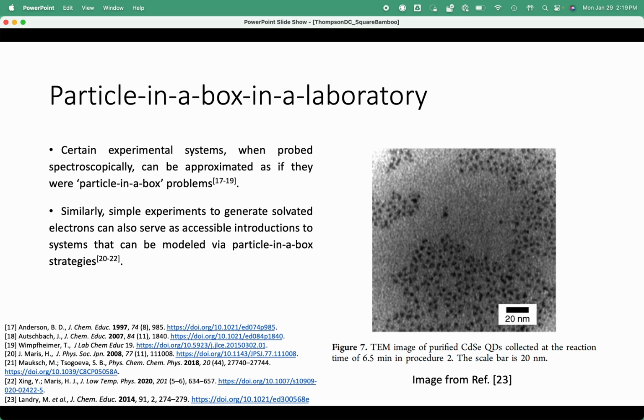A particularly interesting nanostructure is that of cadmium selenide. These are nanocrystals which can be readily synthesized in a university laboratory setting. These will have the same Wurtzite crystal structure as bulk cadmium selenide, but will consist of just hundreds to thousands of atoms. These structures can be grown to a desired size, and as their size increases, the energy of the first excited state decreases, which is in quantitative agreement with the particle-in-a-box model. Thus, they serve as accessible experimental systems that link theory and tractable experimentation.